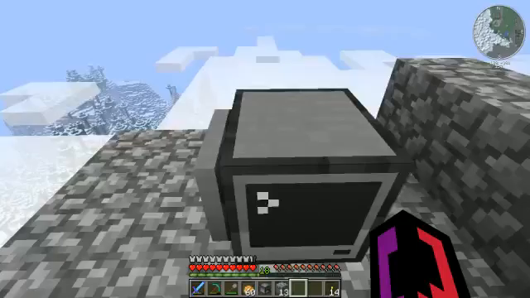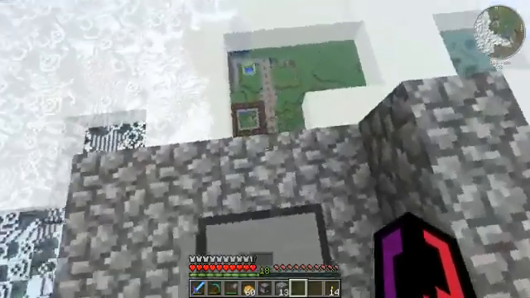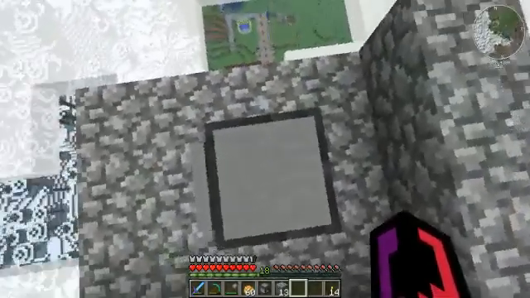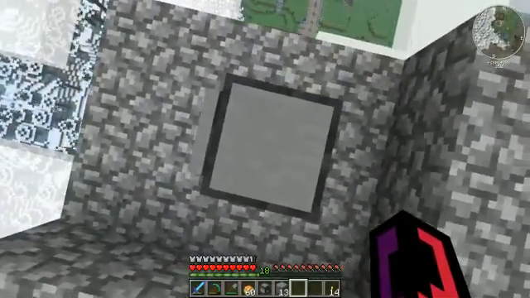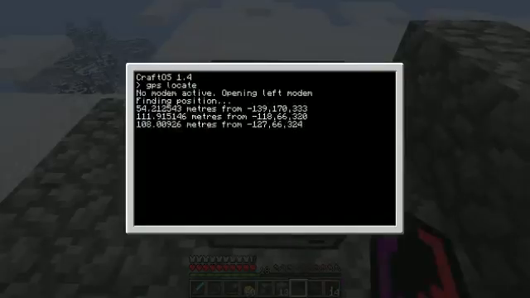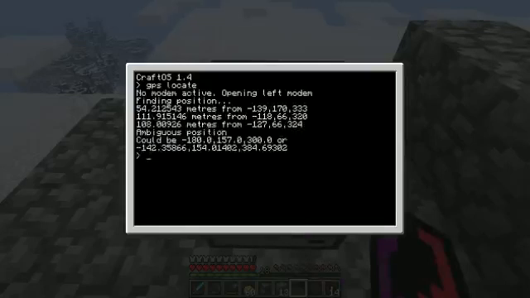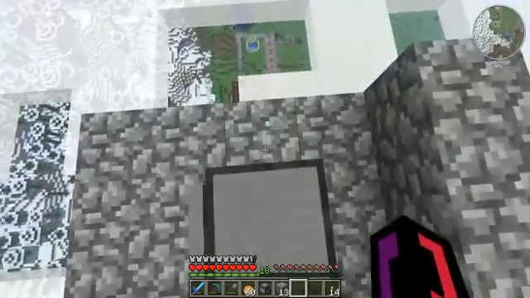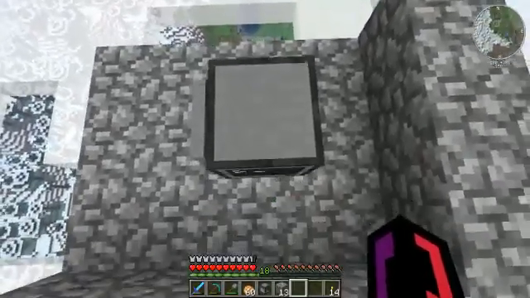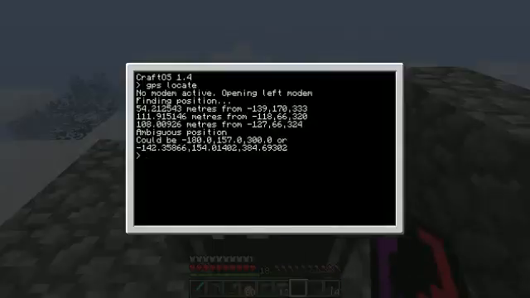Okay, so first of all, I need the coordinates here, which are... Let's see. Actually, let's see what this gets. GPS locate. So negative 180, 157, 300, I bet. Yeah, that's the right ones. So let's write that down. 180, 157,